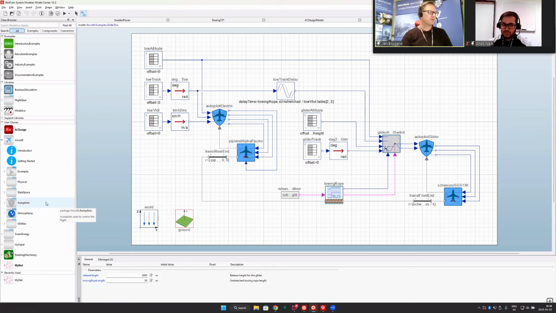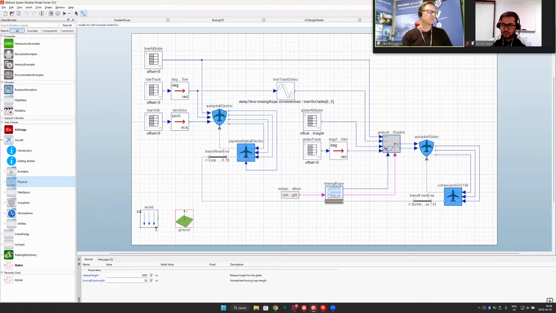So we have here, it says physical, and it says state space. Traditionally, if you use traditional tools, you would have state space representations of your aircraft when modeling. However, the problem with the state space representation is that you have a linearized version that will not give you the full, correct physical properties of the aircraft. So the state space part here is made as a reference more to legacy models, how they used to be made before. The physical models here are more traditional models, as we typically do in SystemModeler,